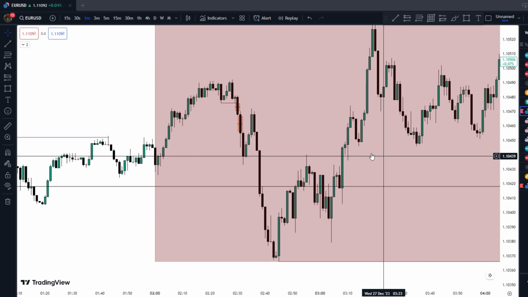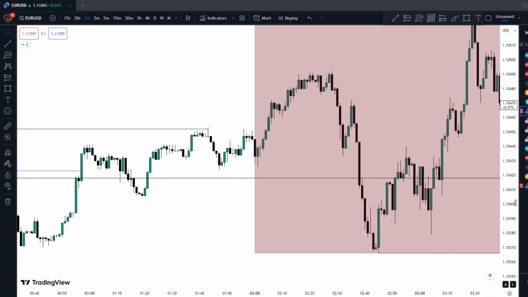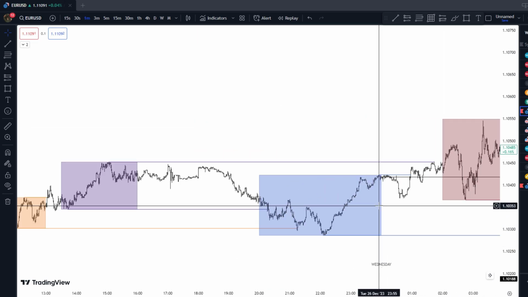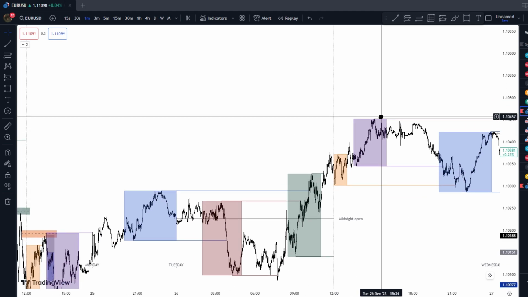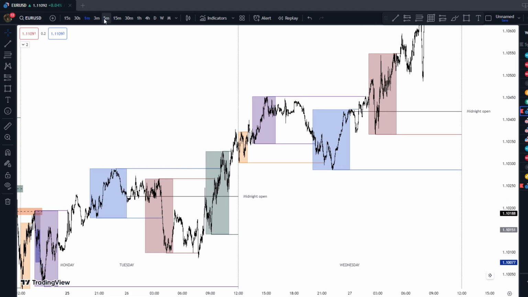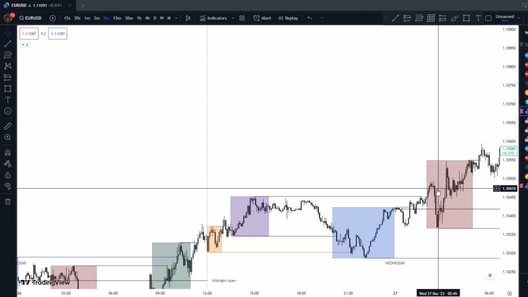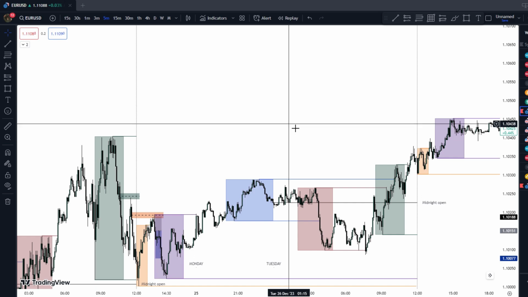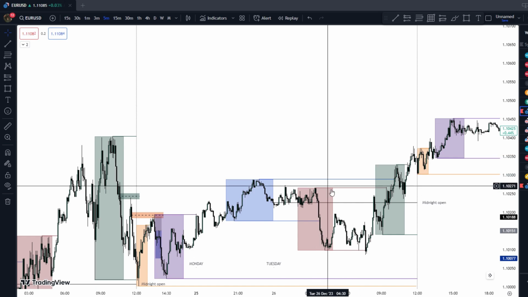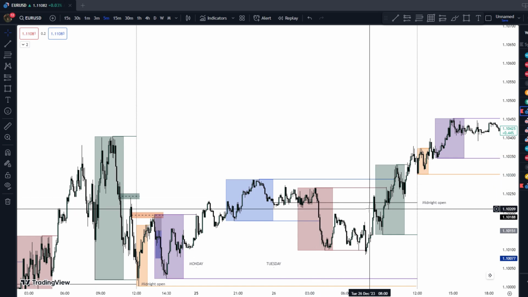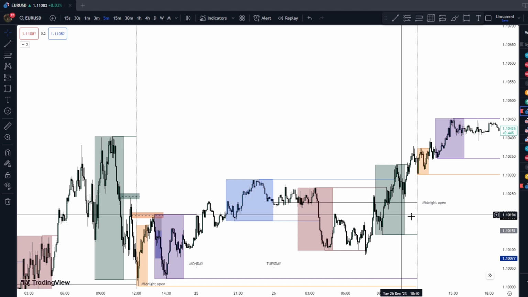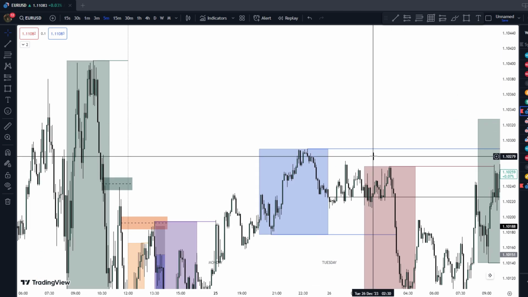I'm telling you guys, this strategy is really high probability. It's just you who needs to do this, get on the charts every day, and make your eye used to this. Sometimes price doesn't take either the high or low of the Asia, because you need to look back at what the Asia range did.